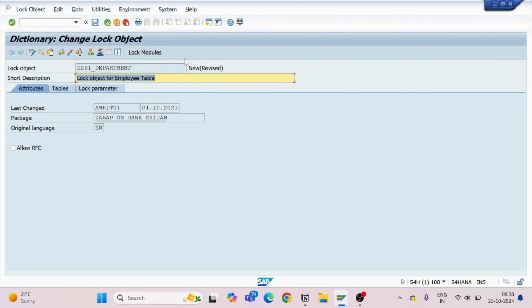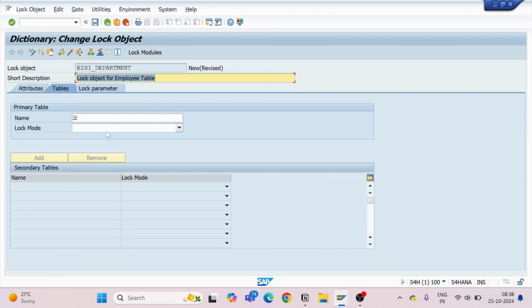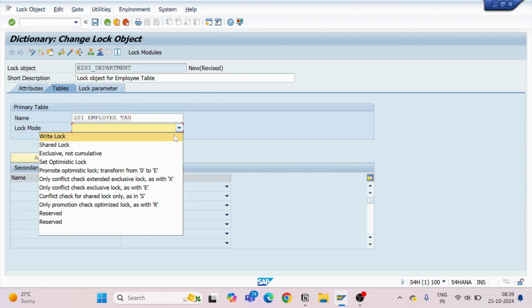Okay. Now go to lock parameter, go to the table section first, and here you are first required to pass the name of your table. So I will pass the name of my table here, employee underscore tab, and you can see there is a lock mode, and in this lock mode we have a lot of values in the drop down box.